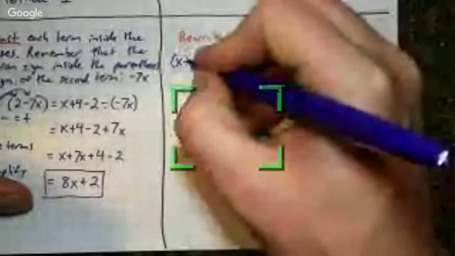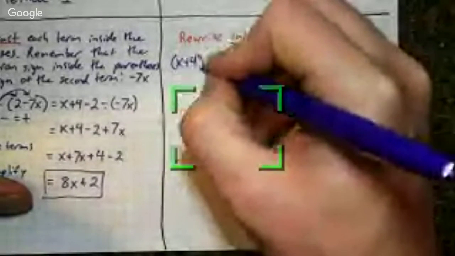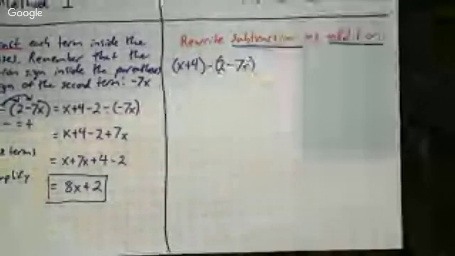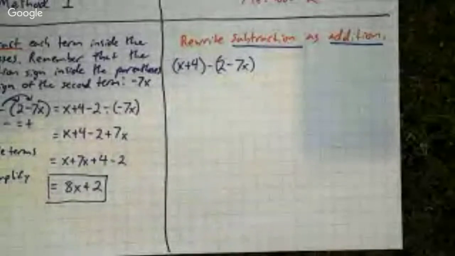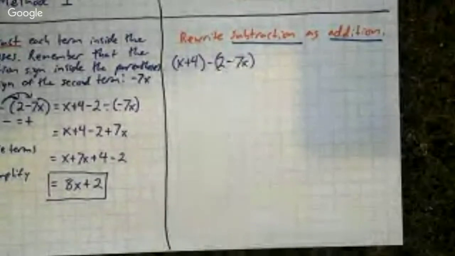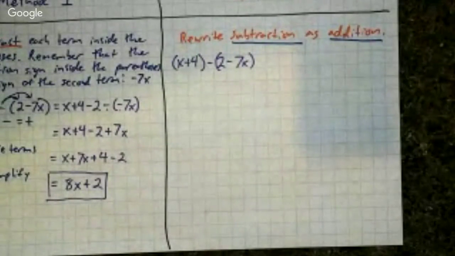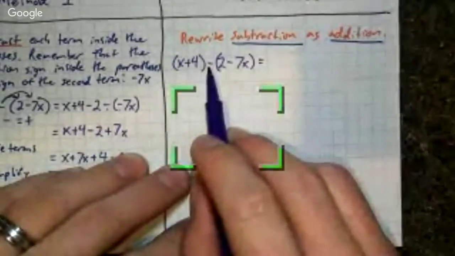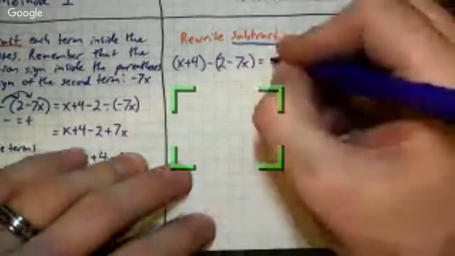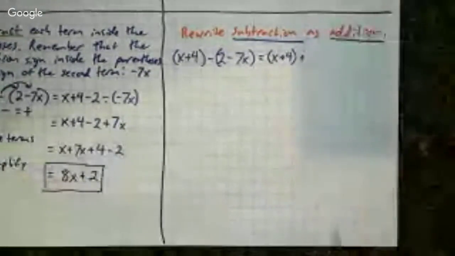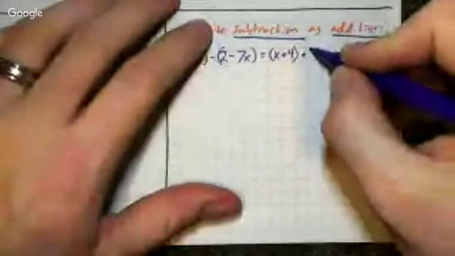And the problem is x plus 4, 2 minus 7x. Now, the first thing to do is to figure out what we're going to be doing first. Now, instead of just distributing out the subtraction sign, we are going to rewrite this as addition. So the first thing we are going to do is actually just change this to a positive, meaning we need to do something to account for that, which would be x plus 4. Now we're going to be adding, but we can't just substitute that. So we need to add a negative